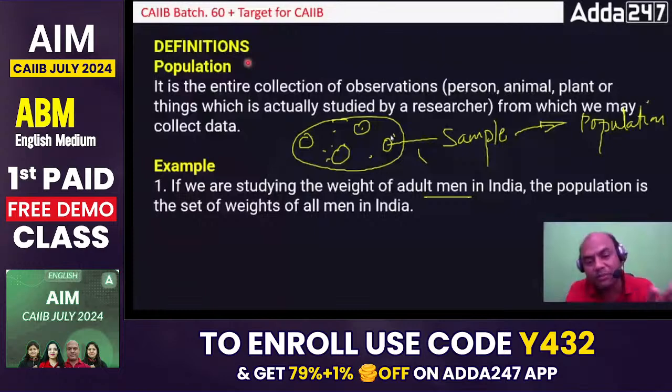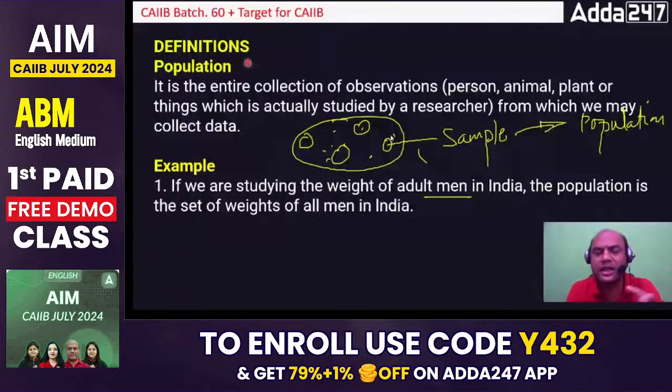Now always sample is chosen from that population. Now you see, very important point. You might feel, what am I talking? Everyone knows sample is chosen from that population. You know it. But I'll tell you, you'll forget this when you do the sampling chapter. That's why these basics you must always remember. Sample is always chosen from the population. Sample can never be greater than the population size. Never ever.